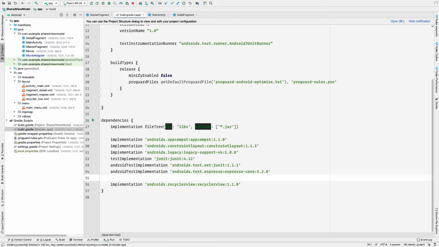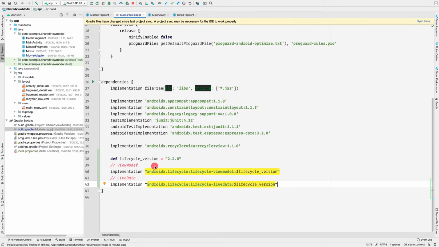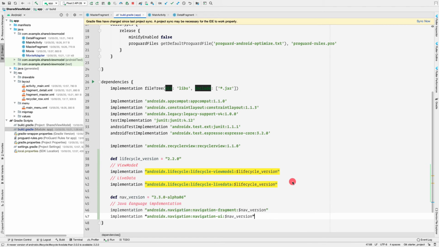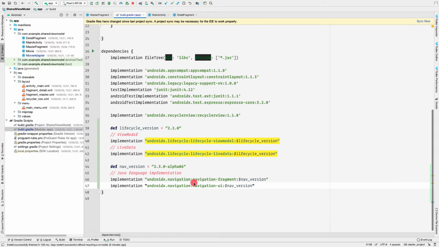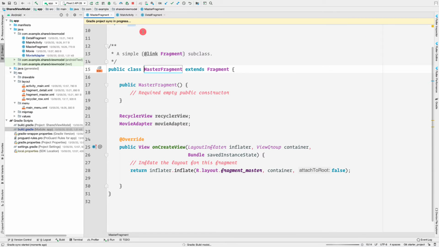And for the dependencies, I'll provide the link in the description below where you can go and find the dependencies for the respective things. So I'm simply copying and pasting them here. So this is the dependency for view model and for live data. And now let me copy the dependency for navigation component. So let me copy it and let me paste it here. And now we can see that we have the dependency for navigation component. So now the first thing I would do is that I would sync my project. So now let's close this build.gradle file, and firstly let's go to our activity_main.xml.